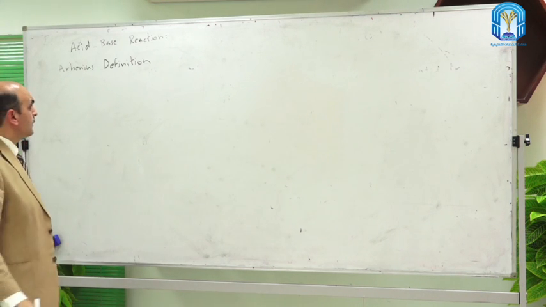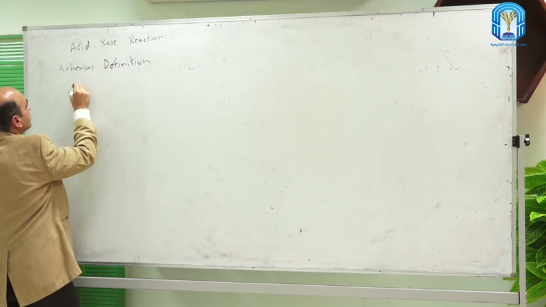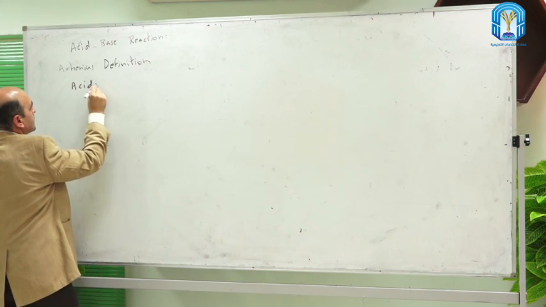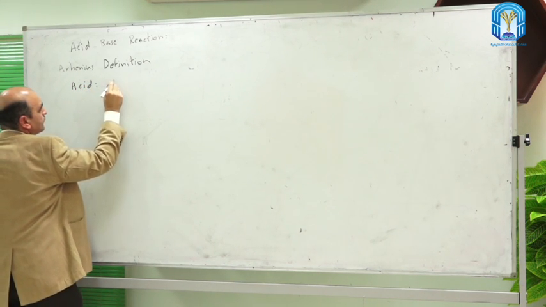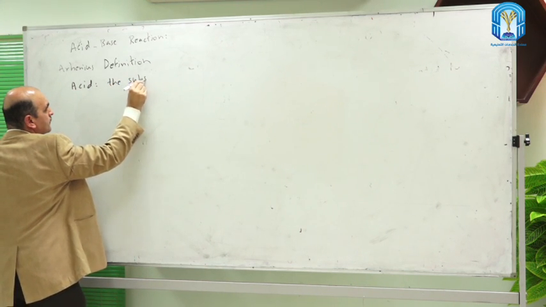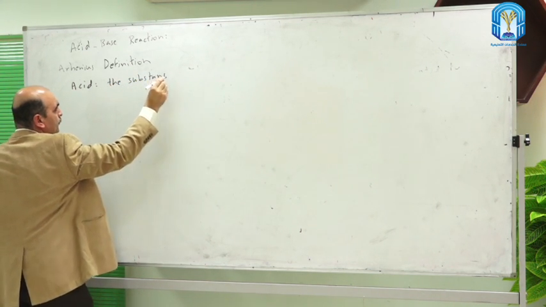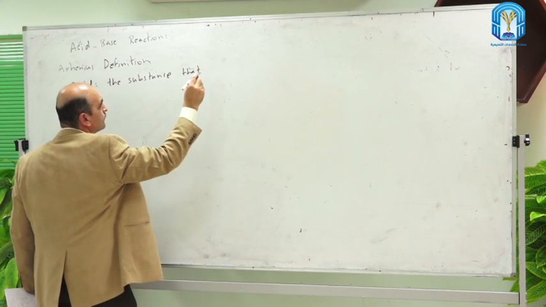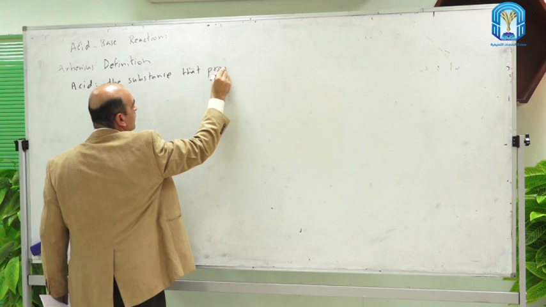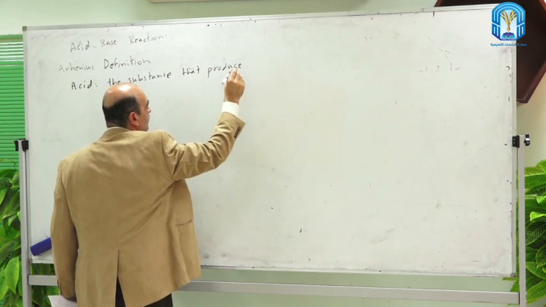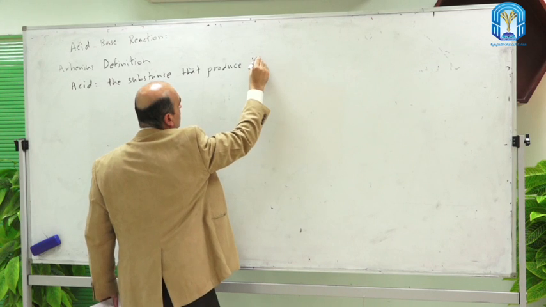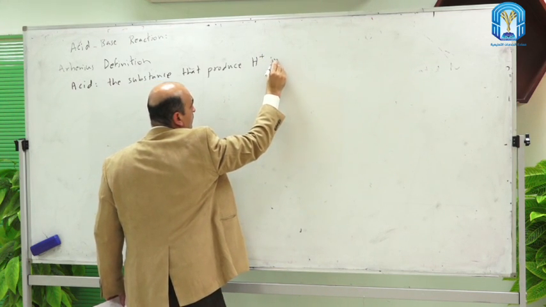According to the Arrhenius definition, an acid is a substance that produces H plus in an aqueous solution,